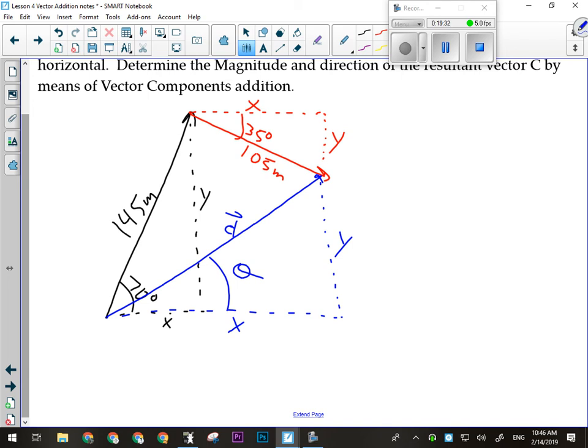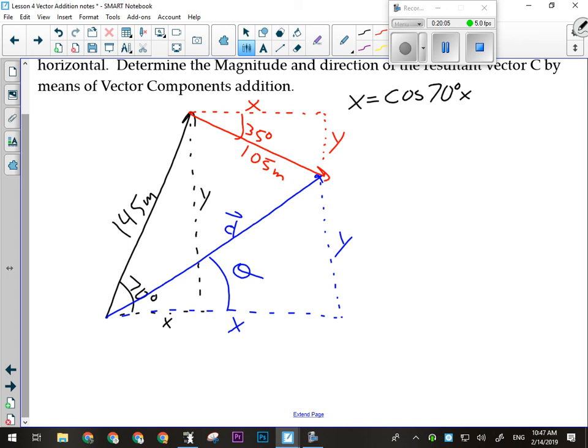So I've got the diagram drawn. I know what everything's going to do. Now I calculate all the X's and Y's. So first thing I want to calculate is black X. All right. What side of this triangle is black X? Adjacent, opposite, or hypotenuse? It's adjacent. Okay, I know how long the hypotenuse is, and I have this angle, so I can calculate black x. Okay, I'll calculate black x by going the cos of 70 degrees times the hypotenuse,